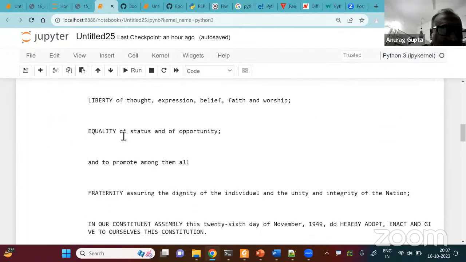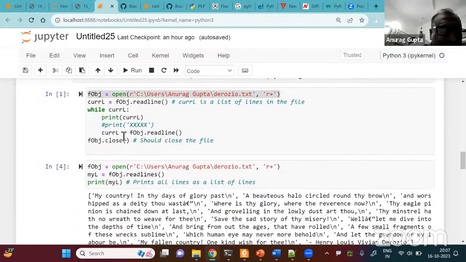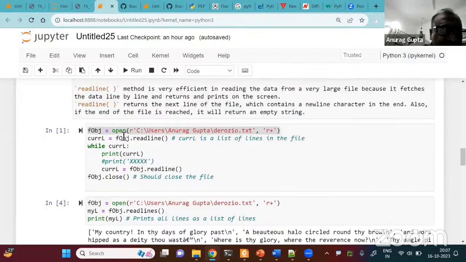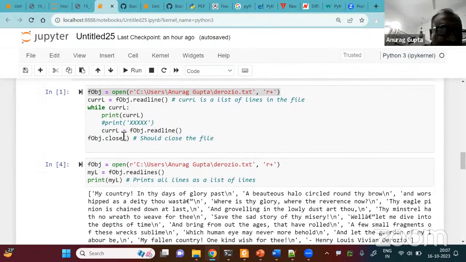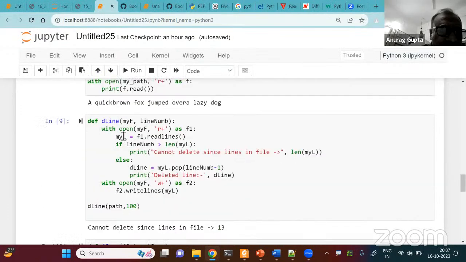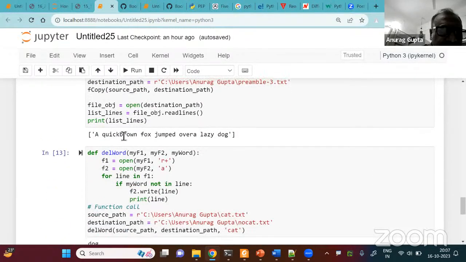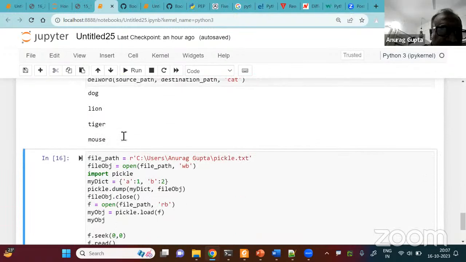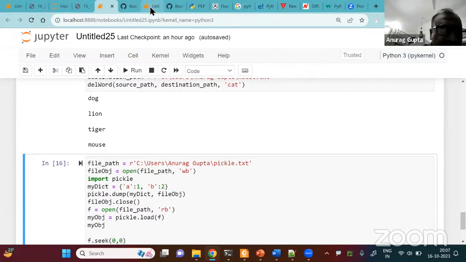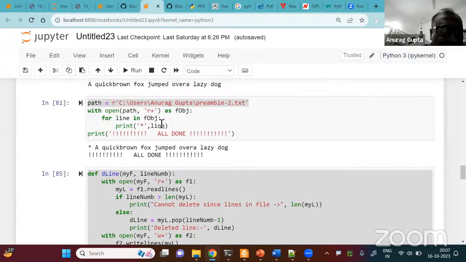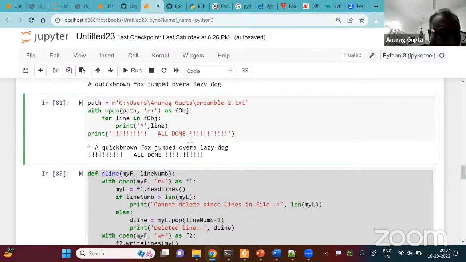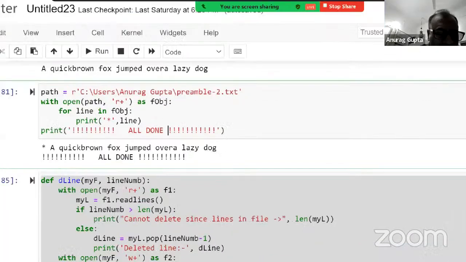I put it somewhere. I don't want to write the whole thing. It will take a lot of time. Yeah, it is here. So just let me show you the code.